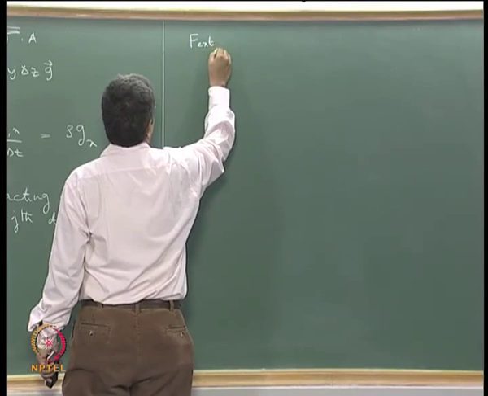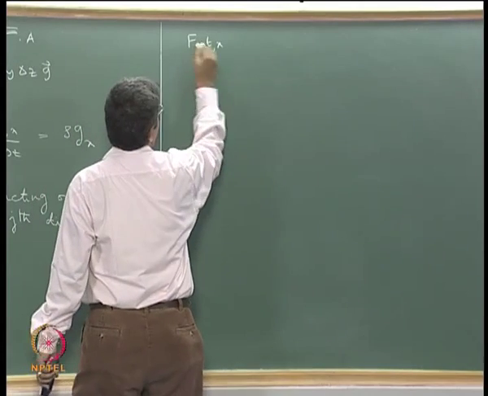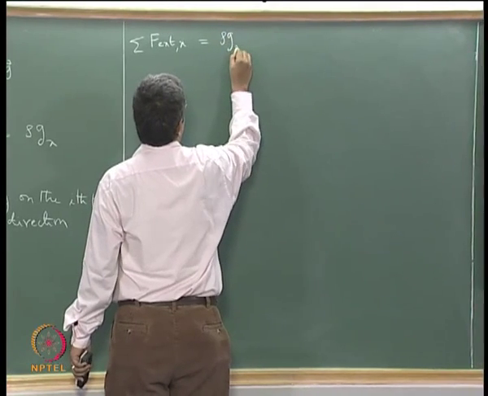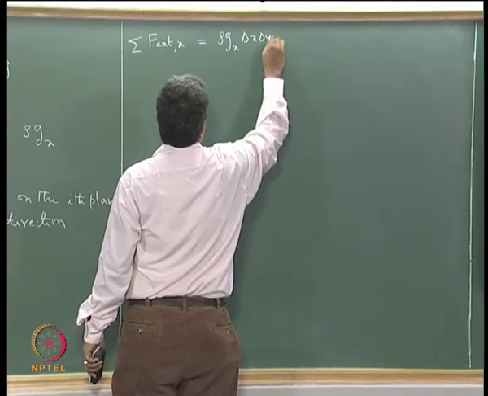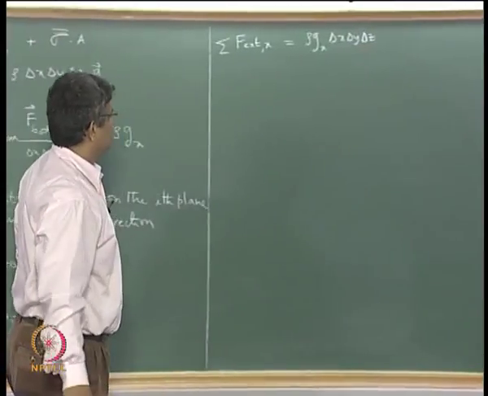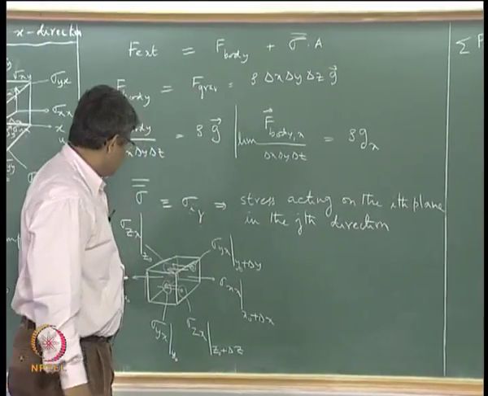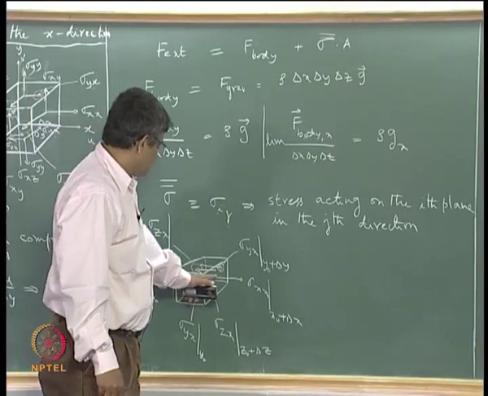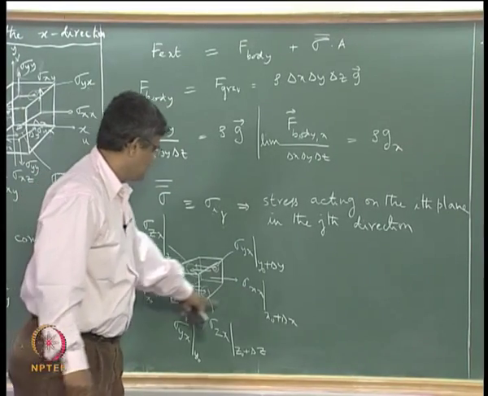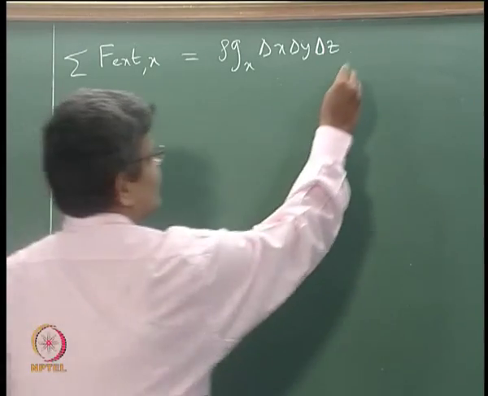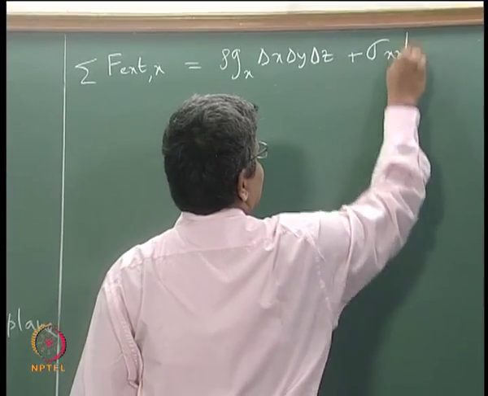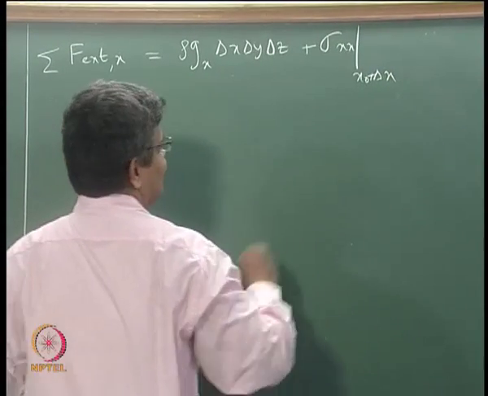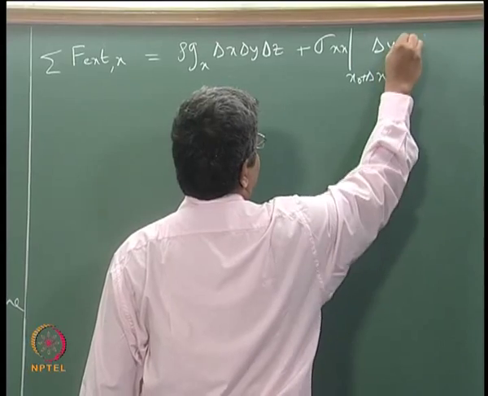F external x, the sum of all external x forces. As we have already got, rho g x times delta x, delta y, delta z, that is the body force, and we now have to evaluate each stress and multiply by the corresponding area. So let us first consider the sigma x axis. If we consider this, then we get sigma xx at x naught plus delta x times the area, which is delta y, delta z,